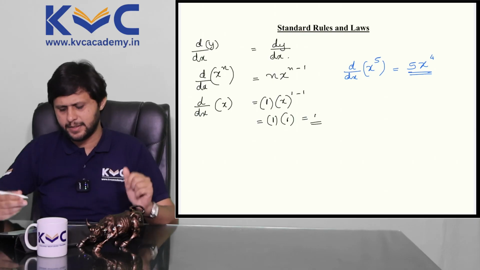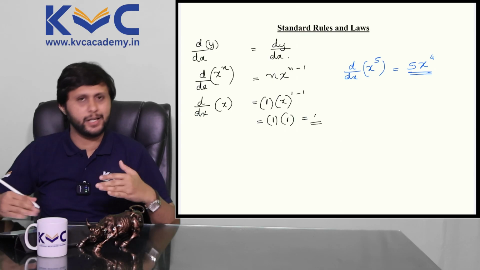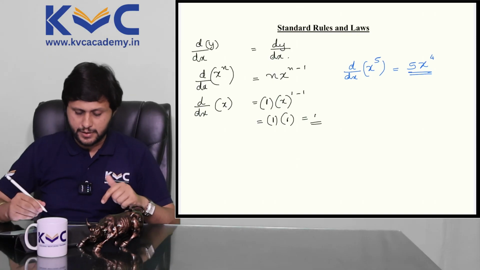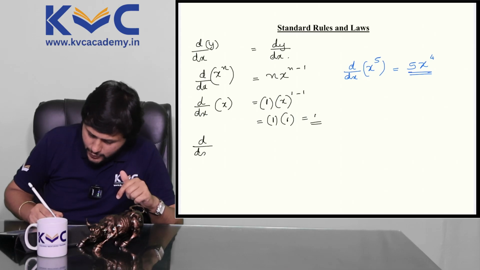Correct? It's just an extended version, because I wanted you to remember that whenever there is x, we will be directly writing 1 instead of writing all of this. Fine. So differentiation of x is equal to 1. One more. Differentiation of